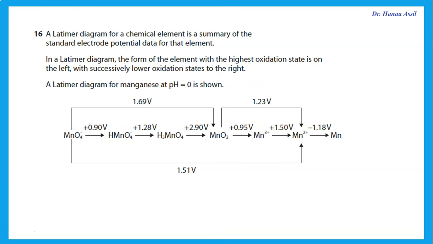So in this case, we're talking about manganese, and we're starting with MnO4 minus, which is manganese in the +7, so that is the highest oxidation state, and successively until we end up with manganese metal, which is in the 0 oxidation state. A Latimer diagram for manganese at pH equals 0 is shown, and these are the different